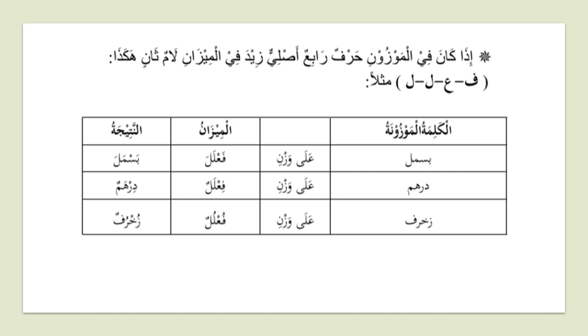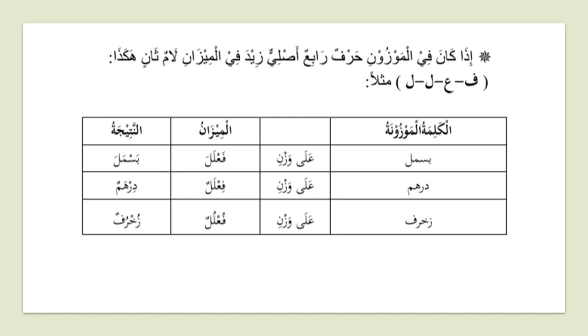إذا كان في الموزون حرف رابع أصلي. If there is in the word that is being scaled a fourth letter that is a root, a fourth letter that is a root, زيد في الميزان لام ثان هكذا. So when there is a fourth letter in the word that is being scaled, we increase the scale itself by